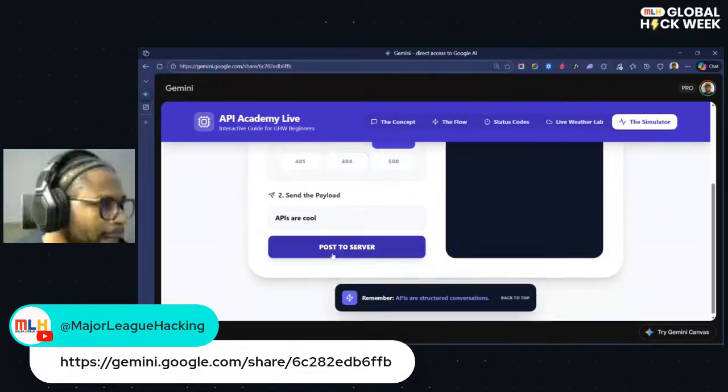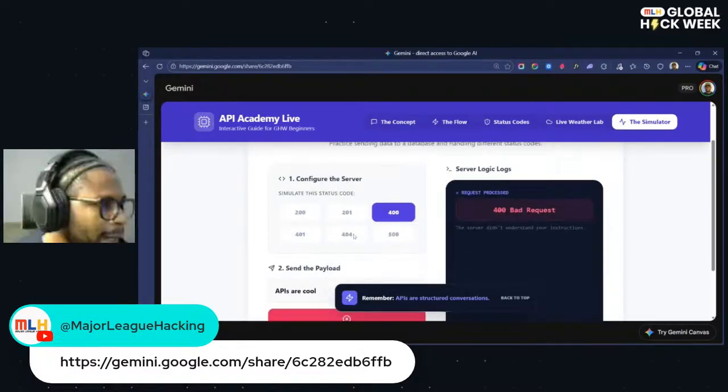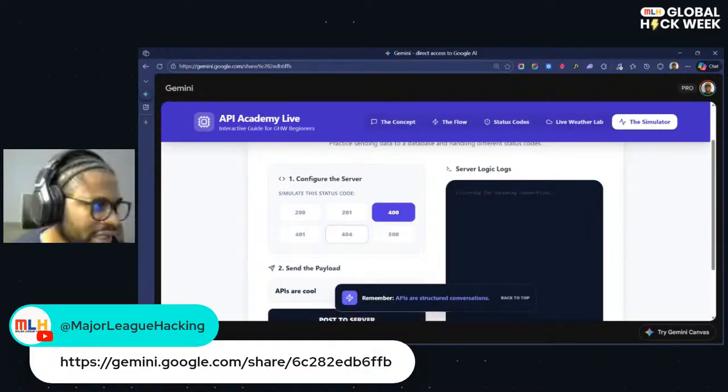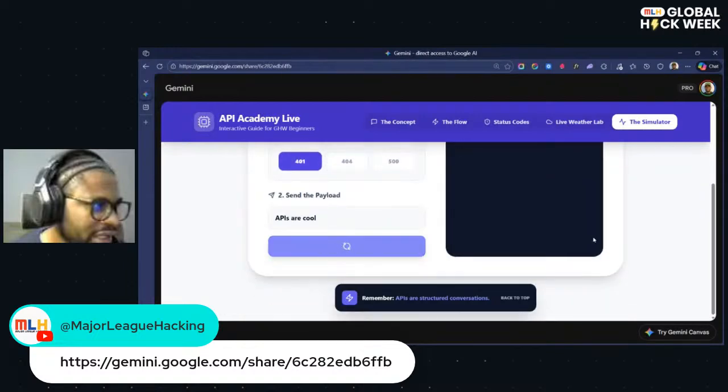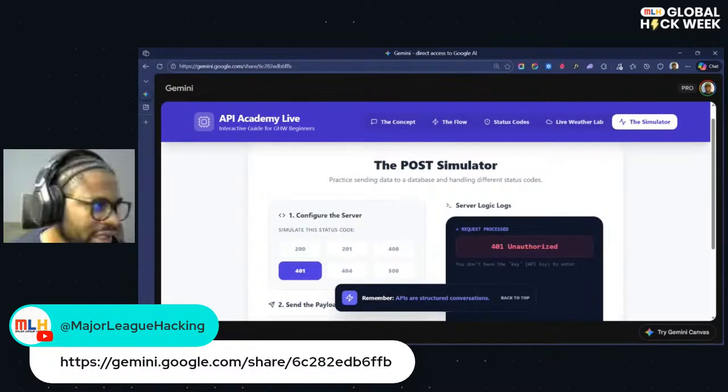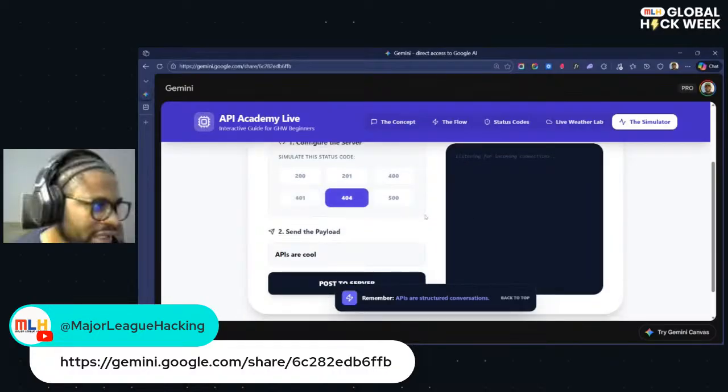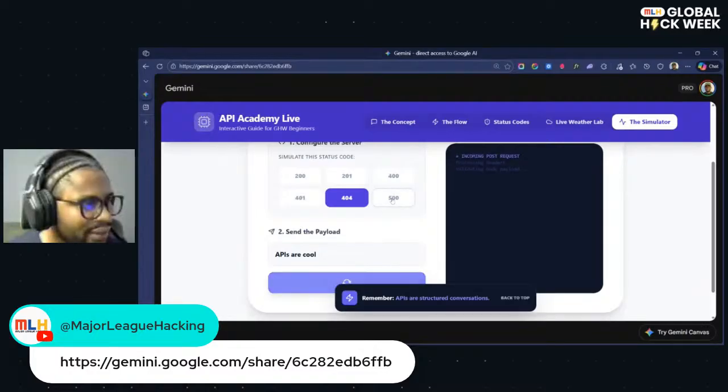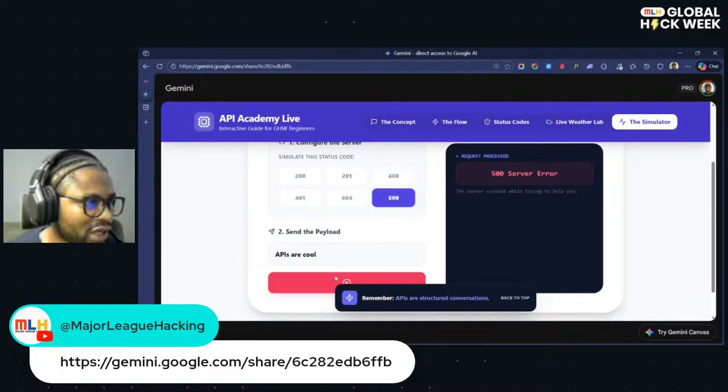400 bad request, literally. Yeah, you made a bad request. The server didn't understand your instruction, when you send an instruction that the server does not understand. Or 401, not sure exactly what the full meaning is again. Oh, you're unauthorized. So you're trying to access resources that you don't have access to. 404 is popular, not found. I think we already looked at that. And then we have the 500, which is literally the server is busy, or the server is not working, and so forth. Okay, server error.